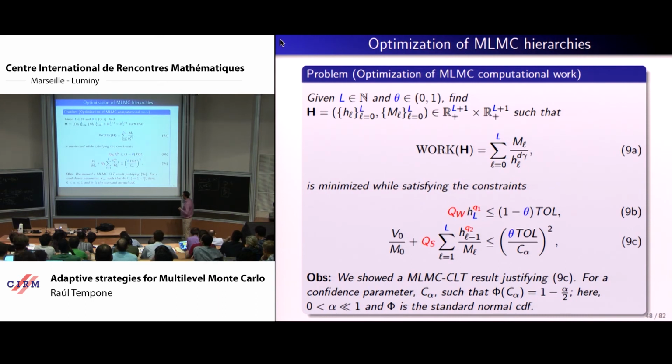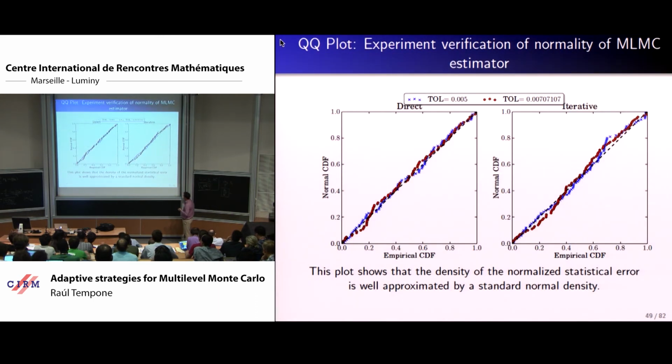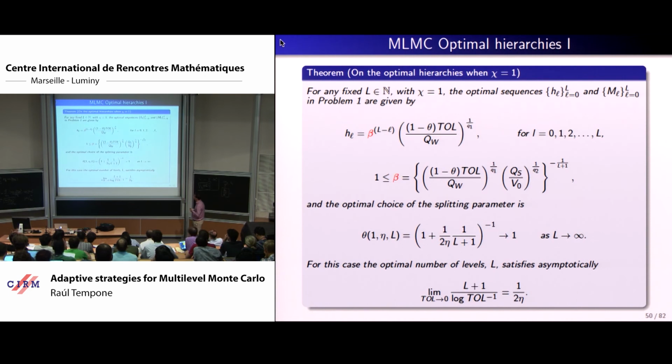Okay, so the good news is that you can solve this problem, and of course you can even verify the optimality, how far or how close you are when you do actual computations. And here's the result for k equals 1. It is a case where you actually have geometric discretizations. But I have to warn you, these geometric discretizations, you see h_L is beta to the L capital minus L, so it's a subdivision like we discussed before. This doesn't depend on the levels, but it depends on the tolerance. So it's not your usual geometric discretization that you would think of.